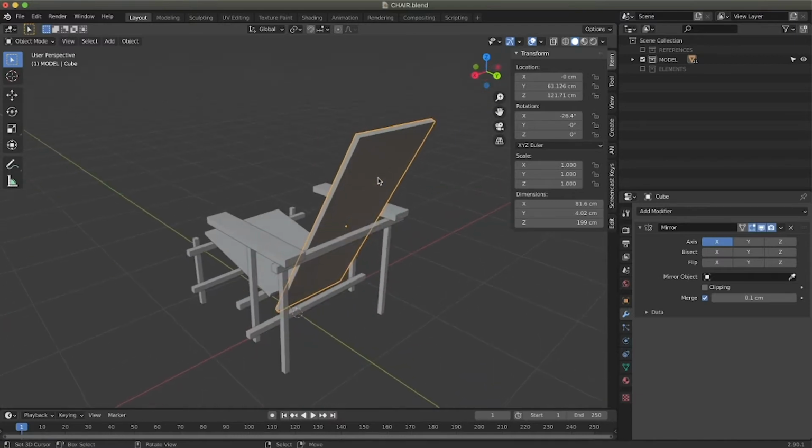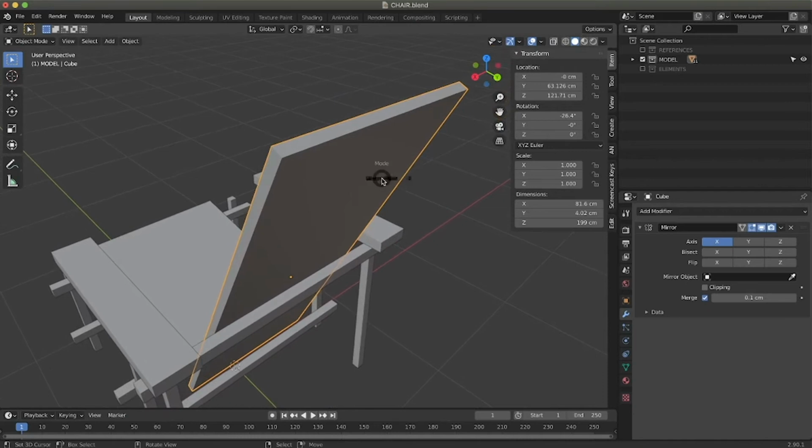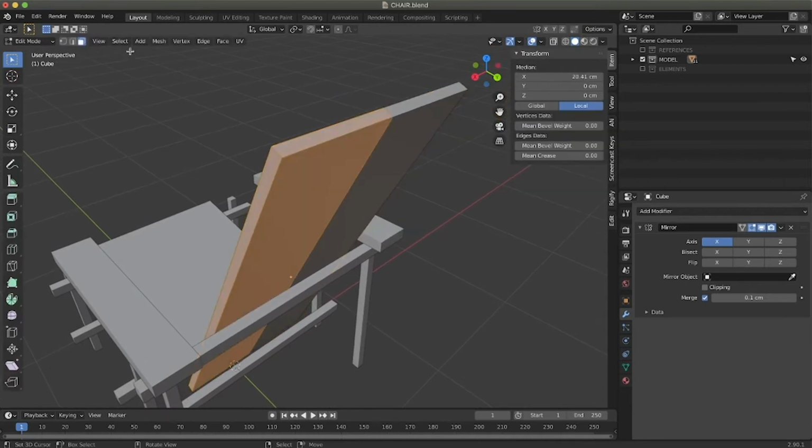We can add geometry, so we can simply enter into edit mode and select the edges we want to smooth. In this case, we can do this one. We can press Ctrl B to add a bevel.